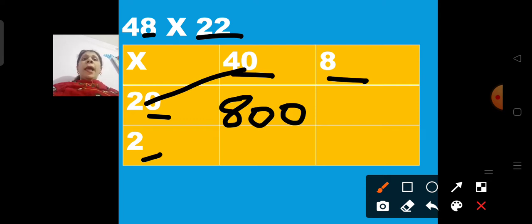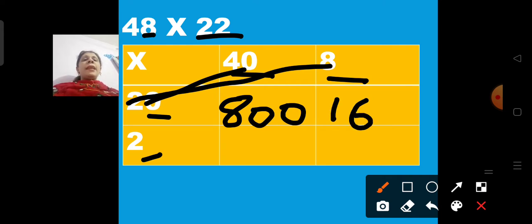First you are going to multiply 4 2s, children, because we don't know the 40 table or the 20 table. So we multiply first 4 into 2, then the number, and then the 0 we are going to write beside that number. Now 8 2s are how much? 8 1s are 8, 8 2s are 16, so we write 16. Now how many 0 in 20? 1, so we write 1 zero. What answer did we get? When we multiplied 40 into 20, we got 800. When we multiplied 8 into 20, we got 160.